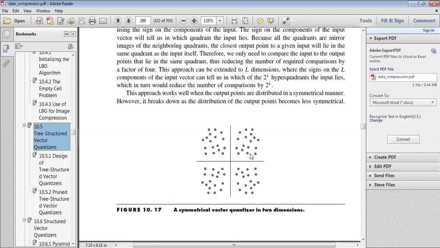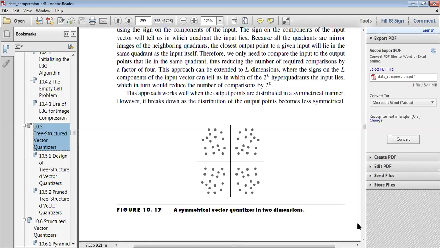So if we want to search a vector quantizer out of 40, then we will not need all 40 data. We will work only on the 10 data because this 10 data will be reflected on another 3 quadrants. So the time consumption to count the data vector is less in comparison to a non-symmetrical approach, or it will take less time to compute or to find the vector quantizer.